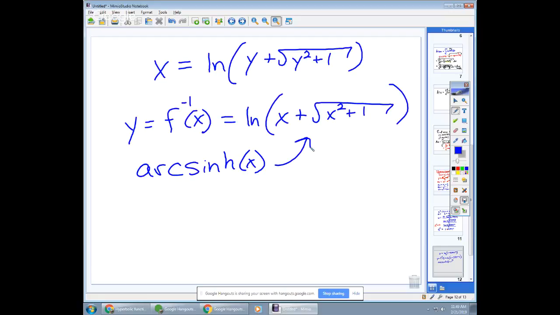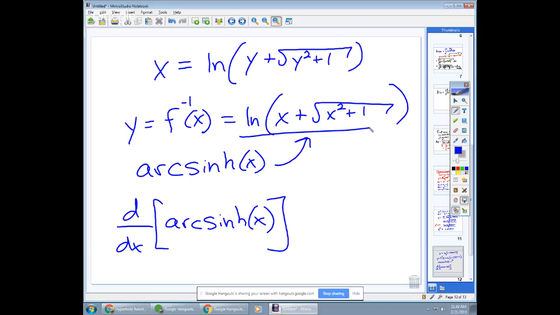All right, it gets better. Oh, we're out of time. Okay, so I got one more thing to do, which I'll have to do tomorrow. I'm going to show you what the derivative of the arc sinh is. I'll prove it tomorrow. So it turns out if you follow the chain rule, taking the derivative of that up there, it cleans up quite nicely